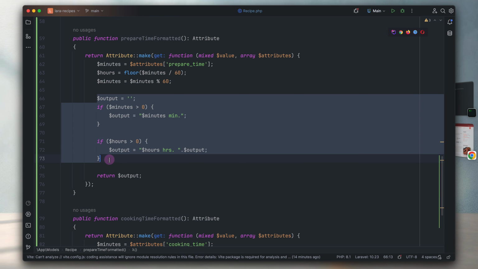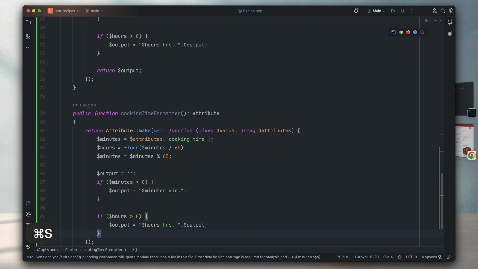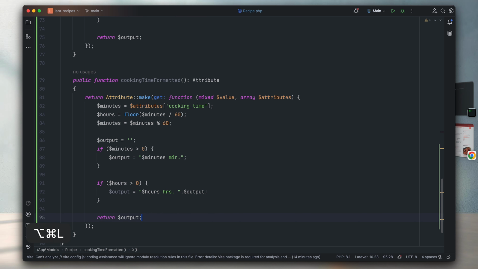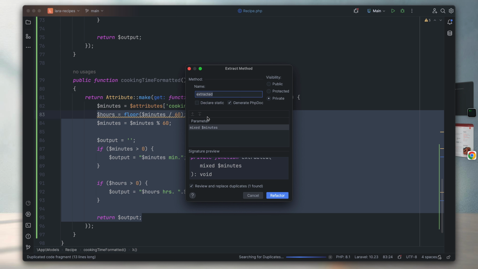I was thinking that I have to take this one actually from prepare time to the cooking time as well. So if you would like to extract this one to something better, or if you would like to actually enhance it, I don't like it much, honestly. Actually, PHP Storm is already telling me to do so, so let me just go ahead and do it. So I will just extract it into, I don't know, let's say,